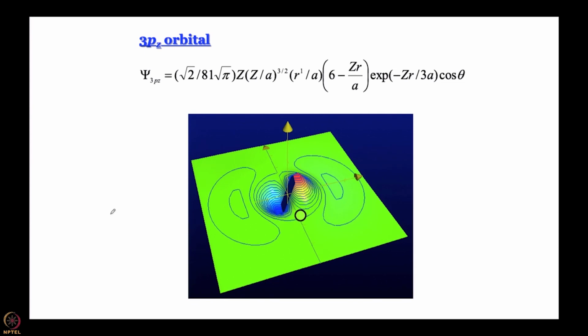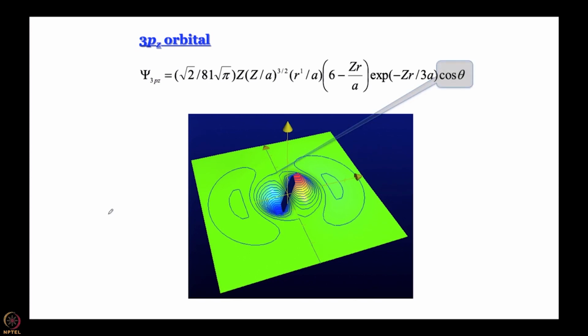The point I want to emphasize here is that once again you see the inner lobes of the orbital are so much larger. In fact, it is not very easy to get these contours when you make the plot, because they are very shallow. Okay, if this is plus, this is minus, this is minus, this is plus. Their maximum values are so small that you have to work a little bit to even draw the contours to get those values, not so easy. But when you incorporate the volume element, then these become the major lobes, because we start talking about probability, right.